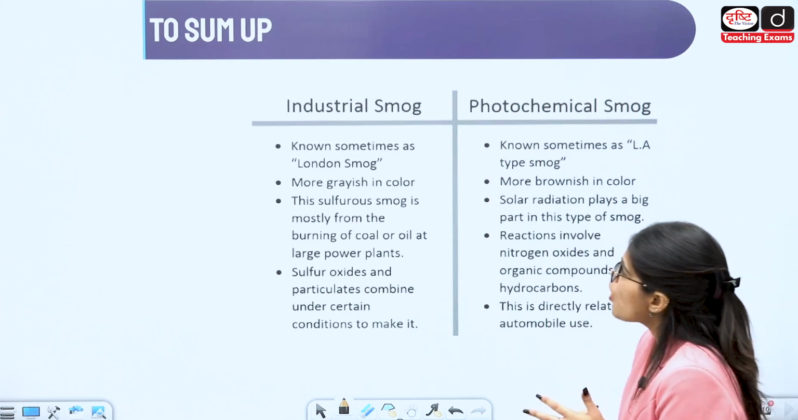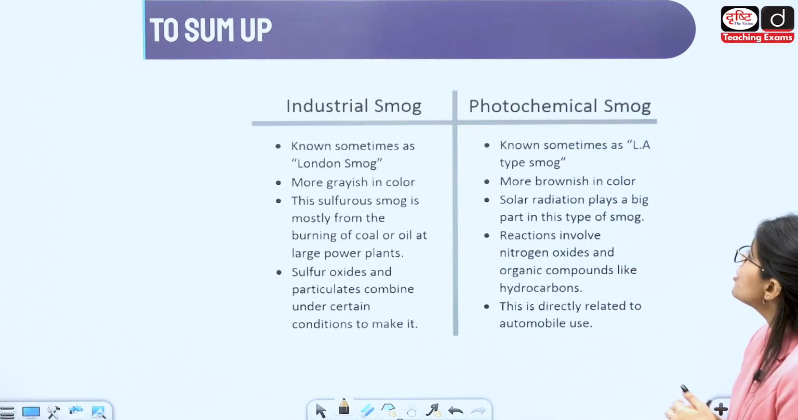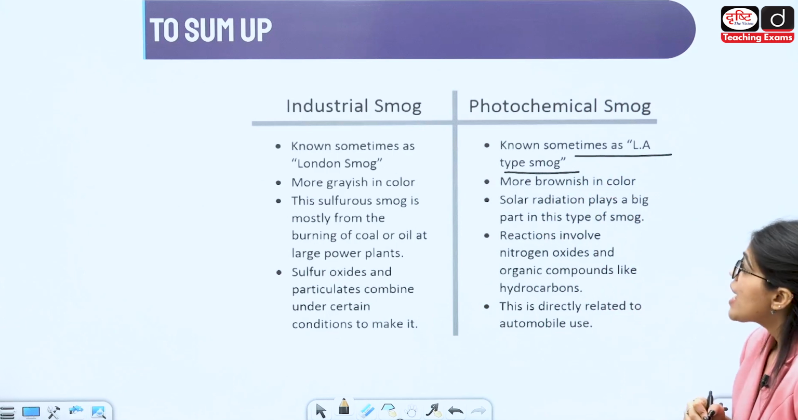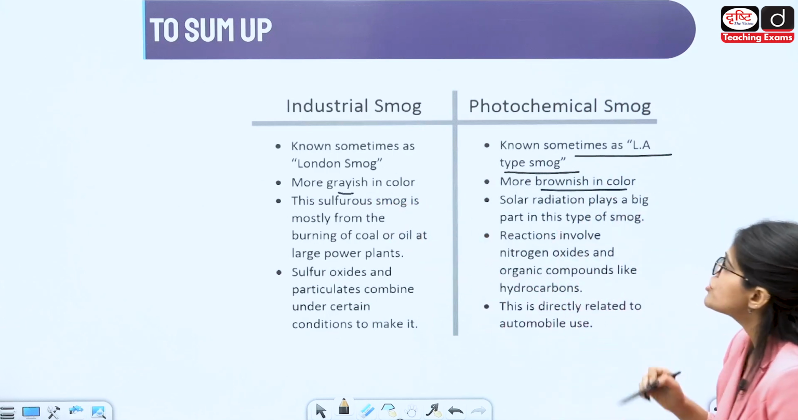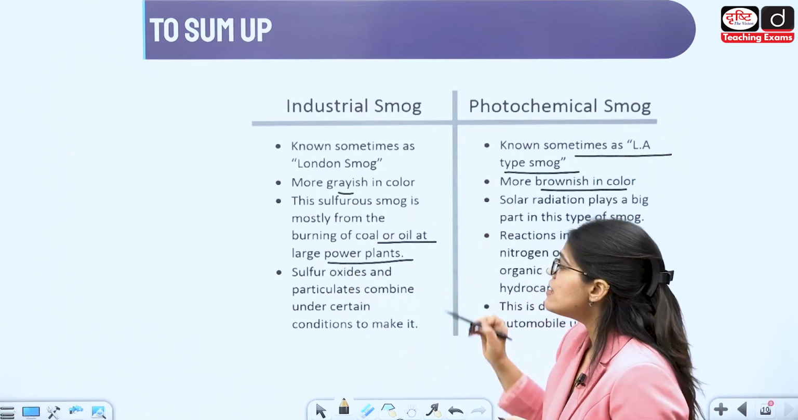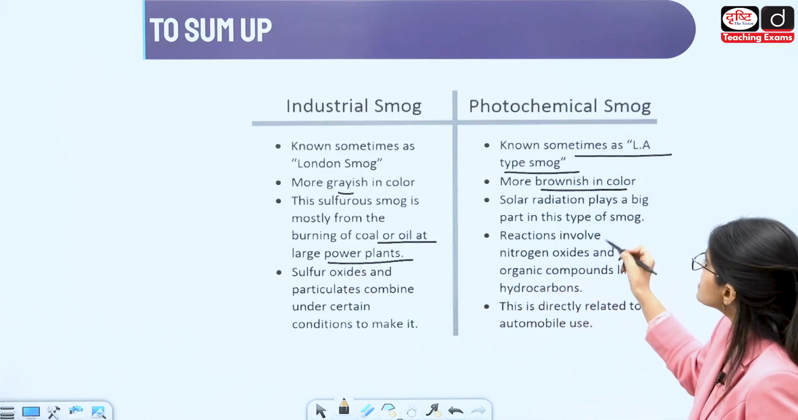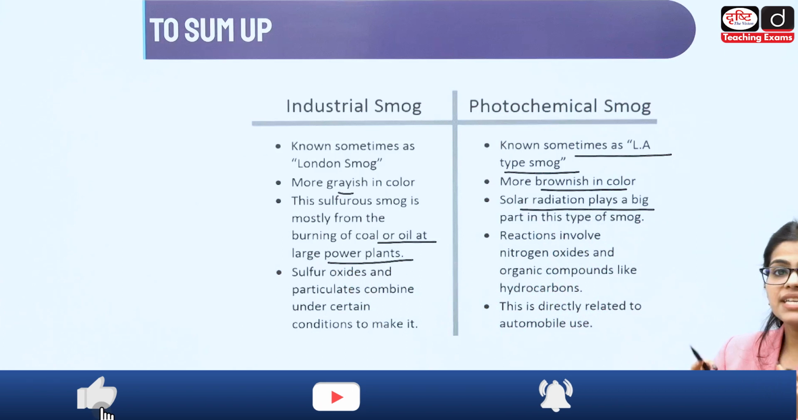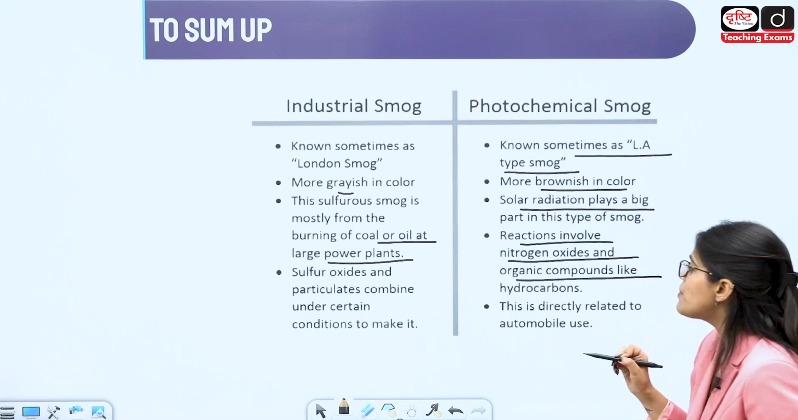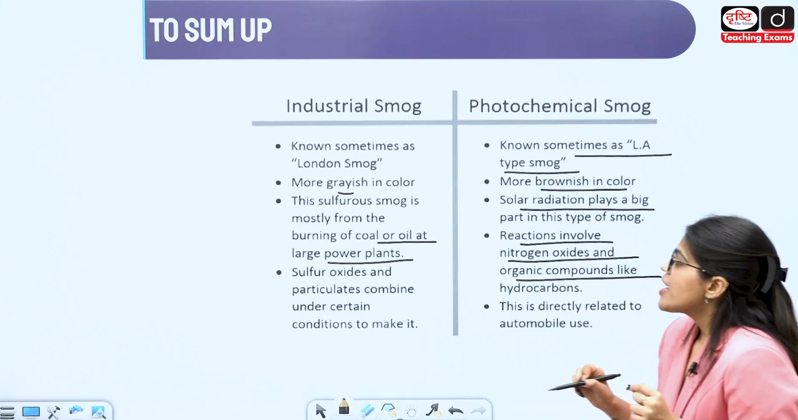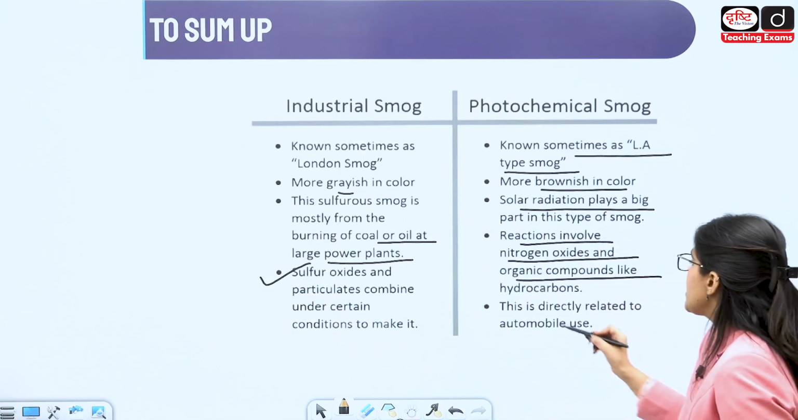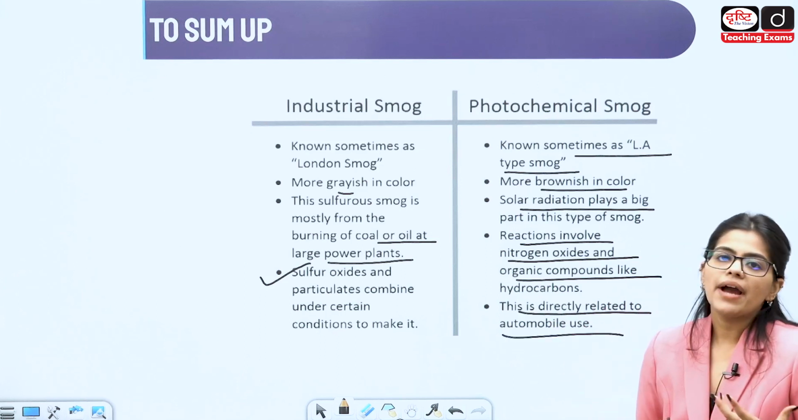We have the industrial smog that we also call the London smog. We have the photochemical smog, which is also called the LA type of smog. It is grayish in color while it is brownish in color. This sulphurous smog is mostly because of the burning of coal or oil at the larger power plants, while the photochemical smog is basically because of the solar radiation that plays a big part. The reaction involves nitrogen oxides and organic compounds like hydrocarbons. Here, sulfur oxides participate and combine to create the industrial smog, and it is directly related to automobile use,